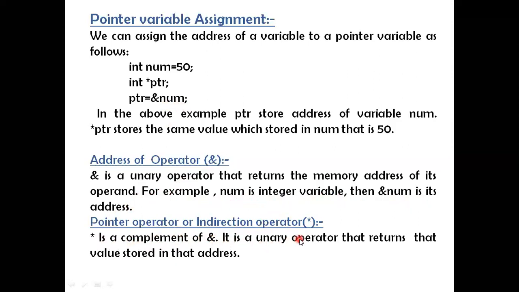It is a unary operator that returns the value stored in that address. As I said just now, the star operator is used to access the value of the variable, and the ampersand operator is used to access the address of that variable. This is how the star operator is used.